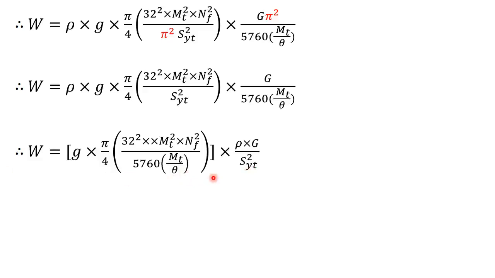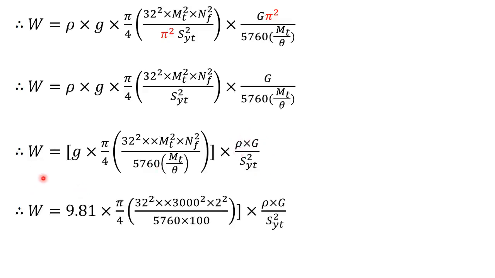Okay, so W is equal to some constant value into some variable term that depends on the material. So our aim is what? W is to be minimized. So I now just replace this by the appropriate numbers, appropriate values. The only thing that you have to take precaution of is units. G is 9.81, MT must be put in Newton meter. It's given in kilonewton meter, so I converted it into Newton meter.